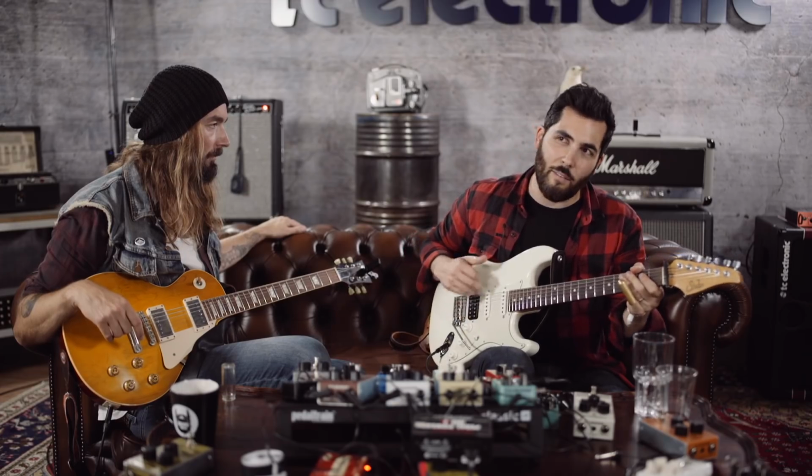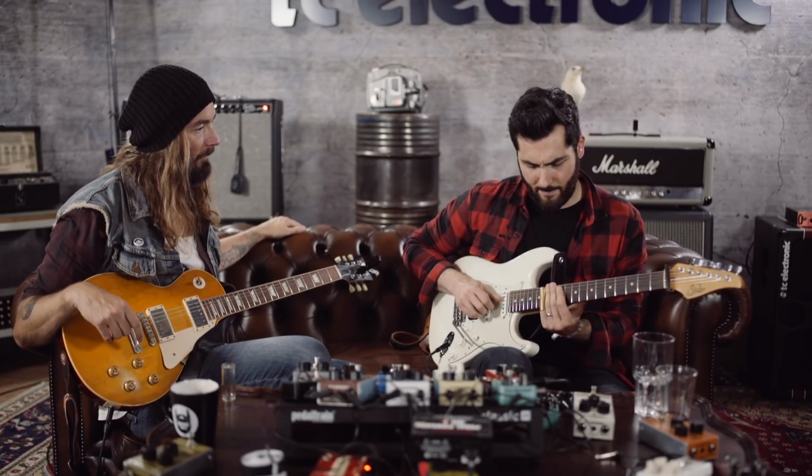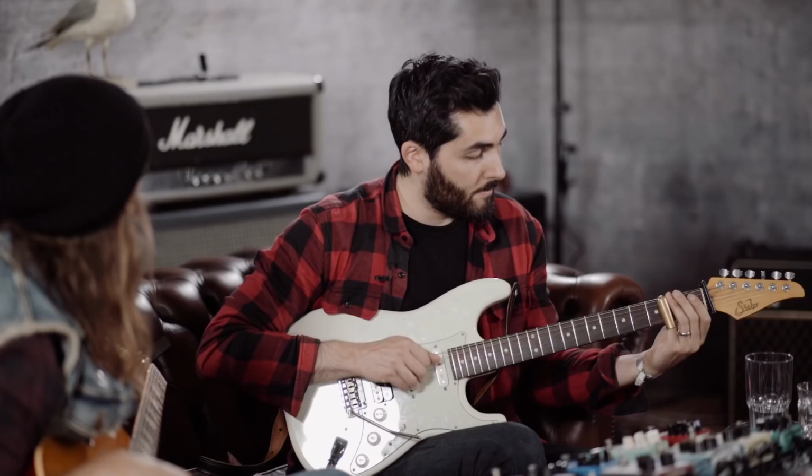Because the less you have to pluck here, the more pretty it sounds. If you pluck on every note, you may as well play without a slide. You know, pentatonic...